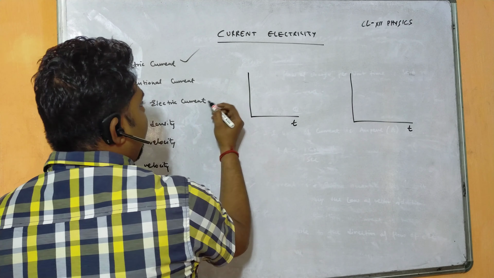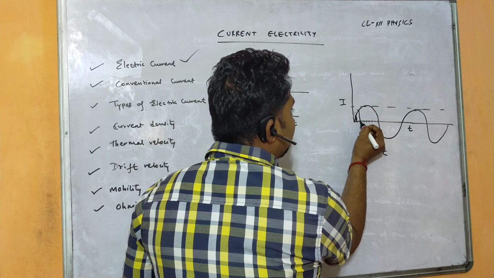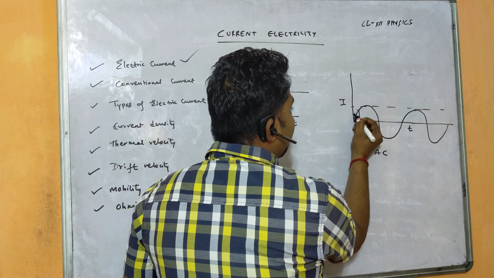So its magnitude will remain same. But here, sometimes it is increasing and sometimes it is decreasing. That means the magnitude is not same at each and every point of time. That means if I consider the different time intervals here, at this time interval, this is the current. At this time interval, this is the current. So the time interval and the current magnitude is changing in case of AC current, but in case of direct current, the magnitude and direction of current remains same. So this is the basic difference between the direct current and alternating current.